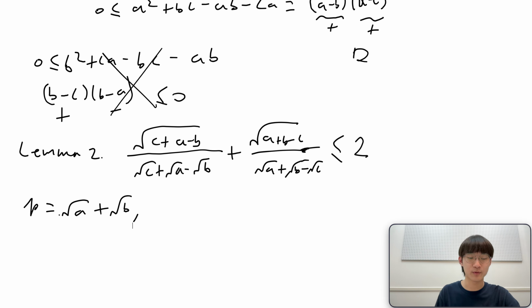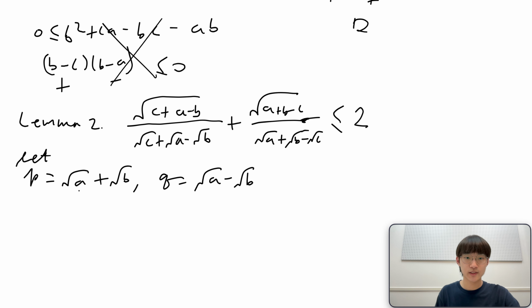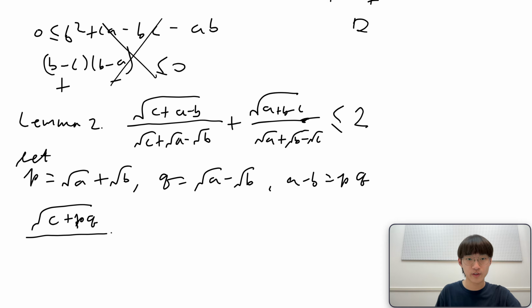So let p equal root a plus root b, and q equal root a minus root b. So multiplying these two, we get a minus b equals pq. Now let's substitute this. So it suffices to show that c plus pq over root c plus q plus